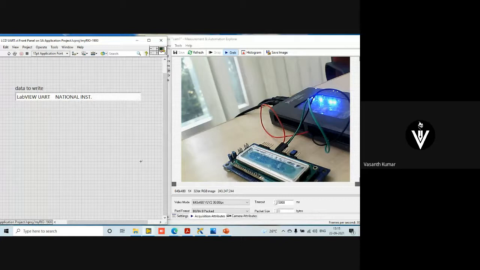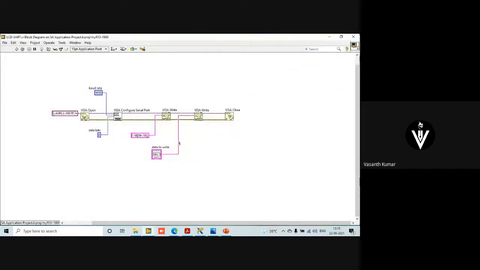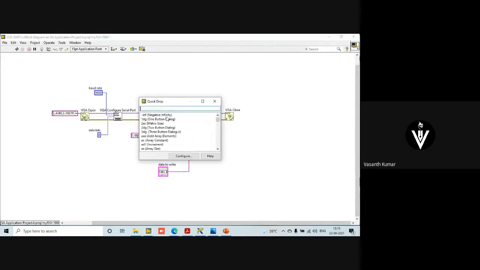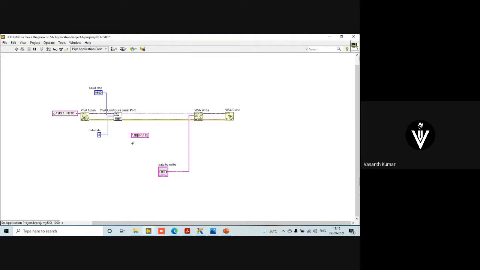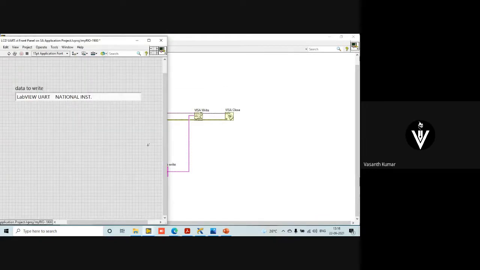And I'll show you quickly what happens if you are not using this particular thing. So what I'll do is I'll disconnect this, remove and rewire. So I'm not writing this data into it. Now I want to say hello. So you understood what I'm doing?